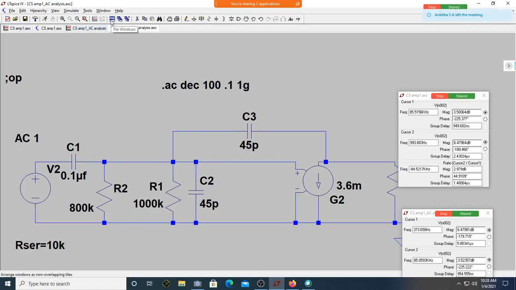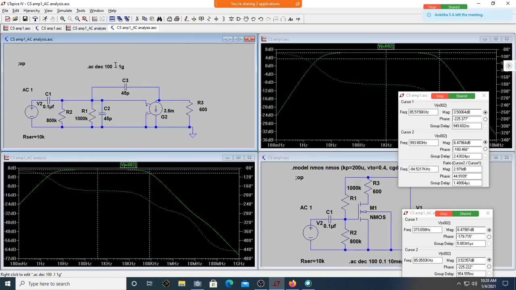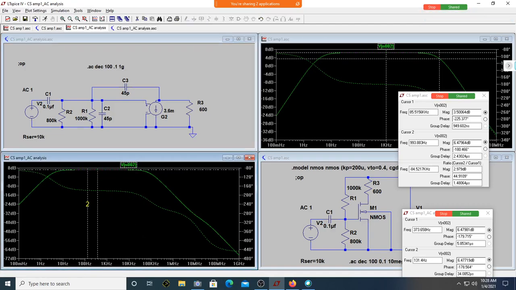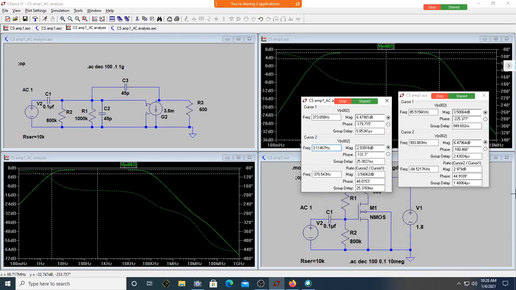So let me also measure the other frequency. The other frequency was 3.46 hertz. Just have a look at this. This should be 3 dB down. I'll go to 3 dB down, somewhere close to it. Okay, you are there, very close. You can see the frequency is 3.44 hertz, and of course this is your midband. Don't worry about this.